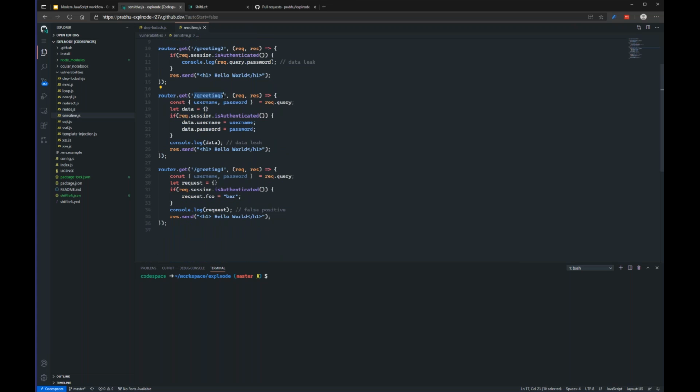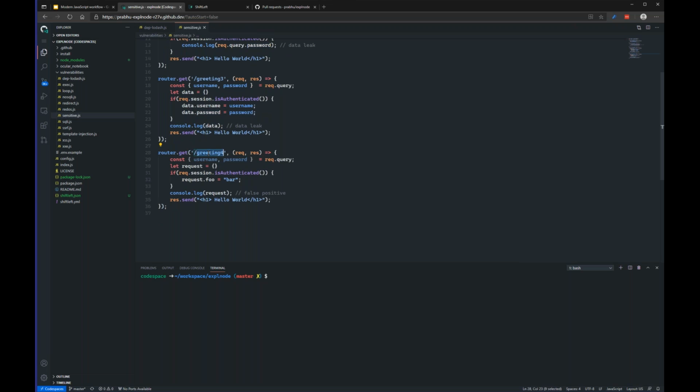This greeting3 route is getting the username and password, and then it's checking if the user is authenticated, and then it is constructing another data object, but unfortunately it is doing a console.log of the new variable with sensitive data in it. Not great. And lastly, we have the greeting4 route, which is getting username and password. It is doing all these things, but it is creating another request variable with request.foo equal to bar, and then it does console.log of request, which is obviously a false positive because this request variable does not contain any